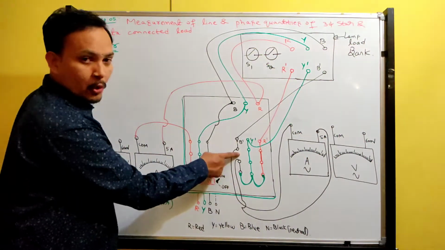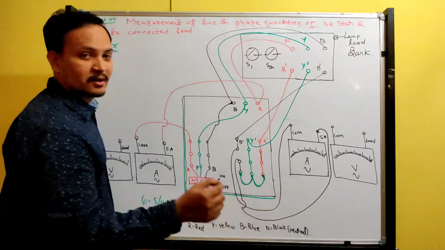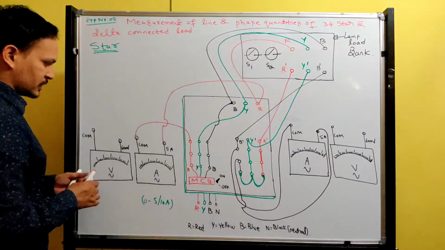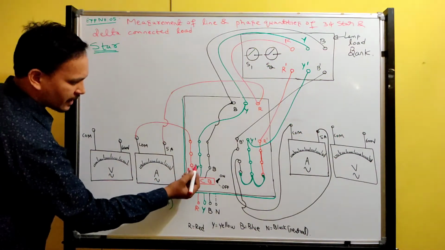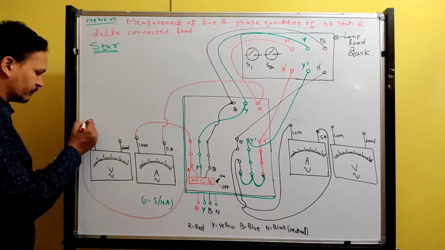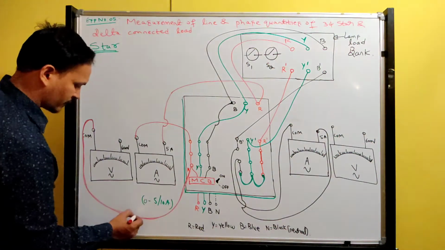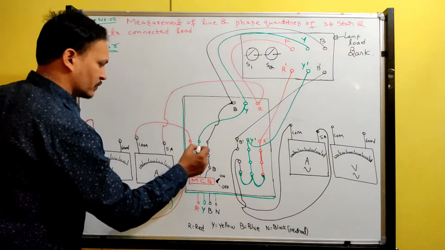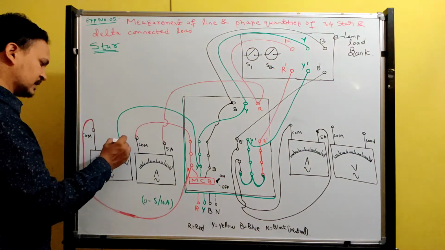Means these 2 points are open. I joined these 2 pins through the instrument. Inside this instrument, current coil will be there. Okay, understood. Next, voltmeter. See, you are connecting voltmeter. Look at here. You connect voltmeter between R and Y. So R is connected to common of voltmeter, and Y is connected to 600 volt.